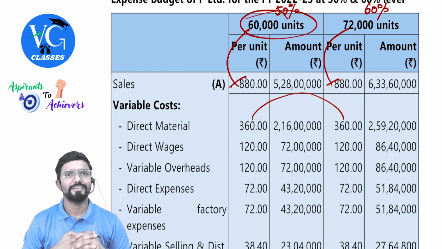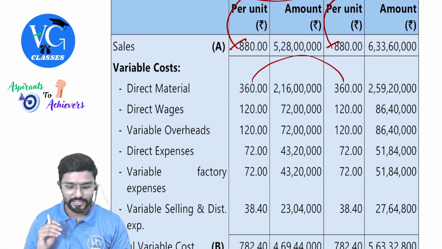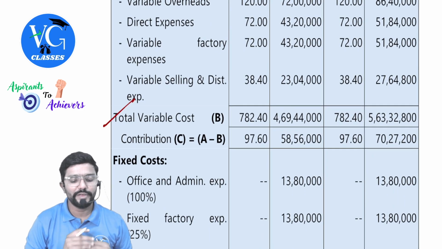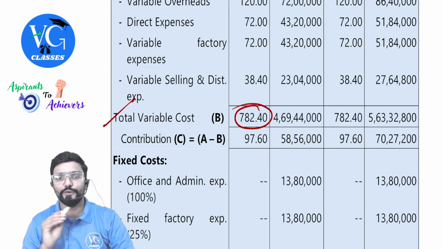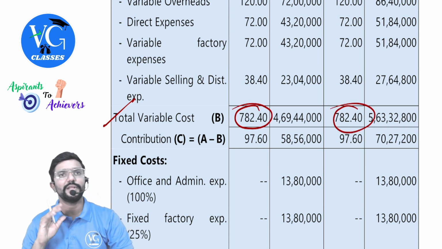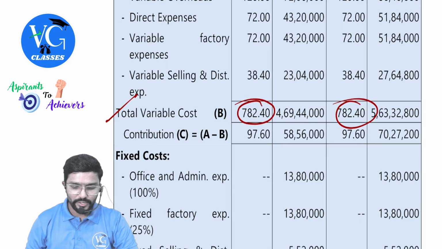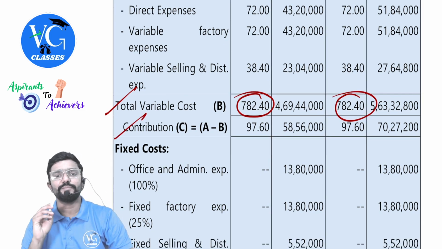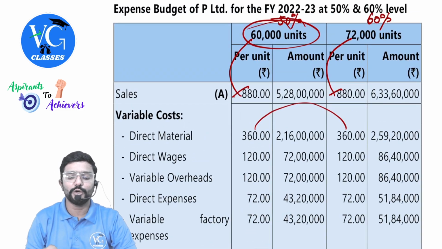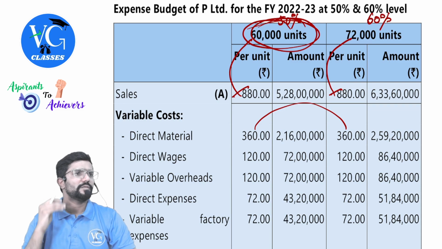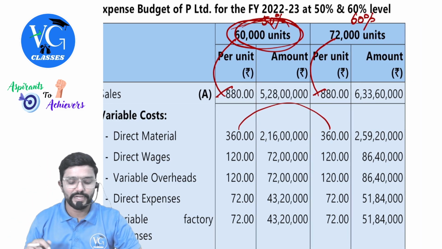Amount. Thank you. So you will get total variable cost, guys. Yes, sir. So total variable cost we have got. Per unit is how much, sir? 782.40. Both the places same. Please consider the same increase under both. Yes, sir. Then contribution per unit is also same, 97.60. If you multiply with number of units, you will get total contribution. If not, sales minus total variable cost. Yes, sir. Then with clear.